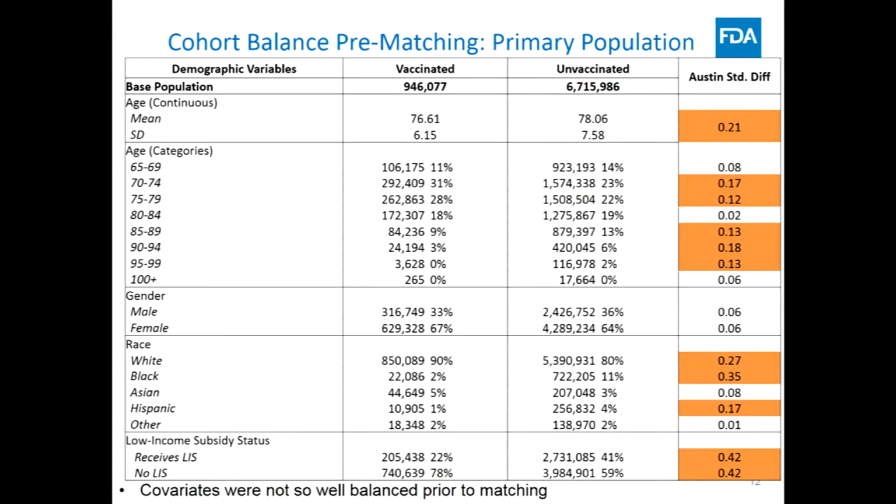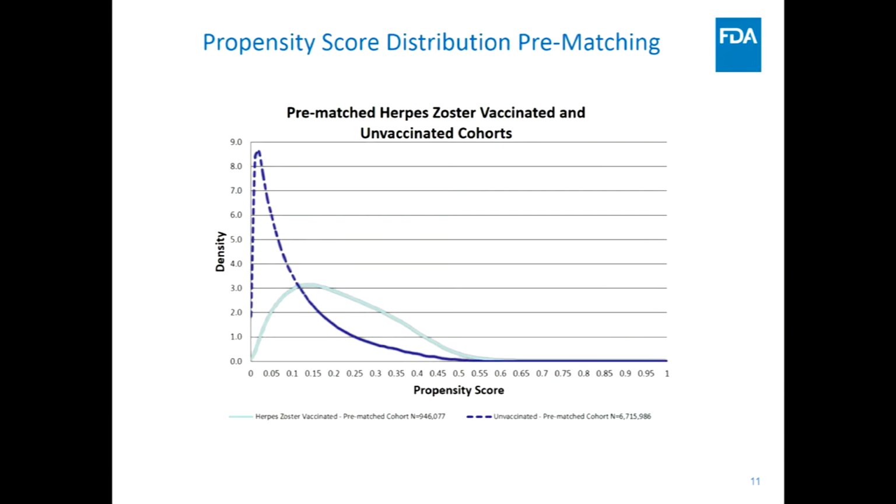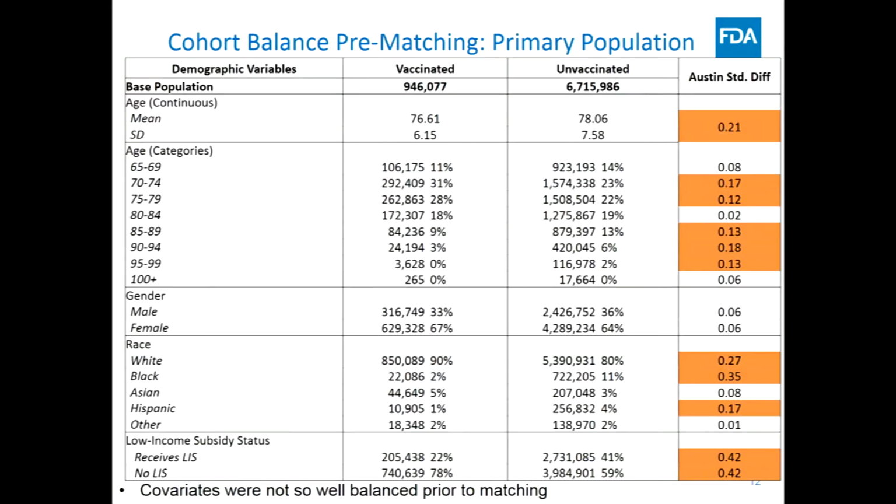This is just to illustrate the cohort match. To give you an idea, because the previous graph could look awfully unbalanced, but the differences were not really dramatic in regard to numbers. For instance, the average age was 76.61 years, and in the unvaccinated, 78.6 years. So not so different. And this population is older than the Medicare population because we require people to be in Medicare since 2006. So this is an older cohort. This is not a typical Medicare cohort.